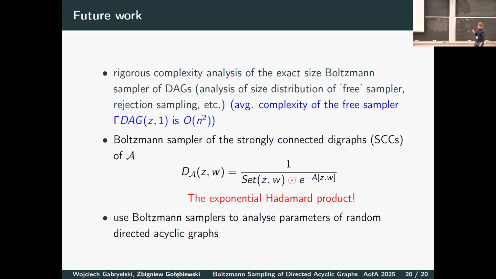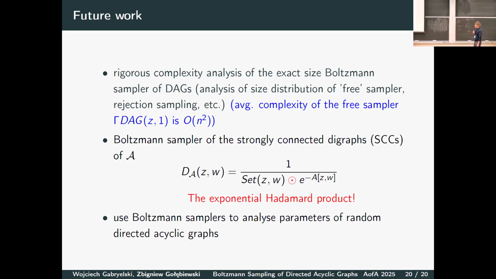And what we are doing right now is trying to make some simple changes that allow us to give even more effective Boltzmann samplers in the rejection sampling case. So this free sampler that I showed you here is on average O of n square, and I think we